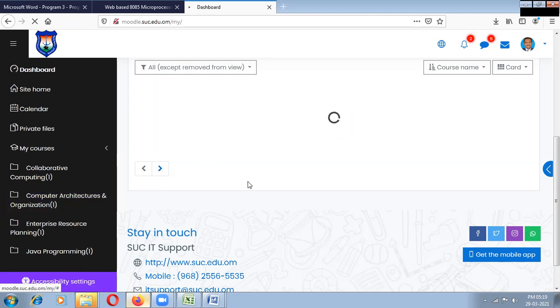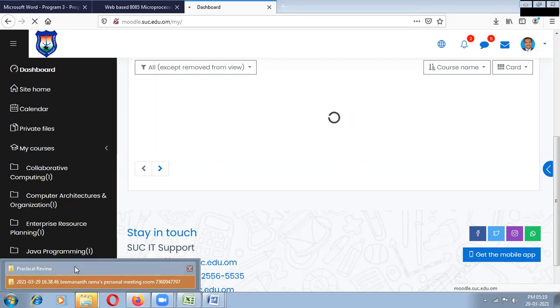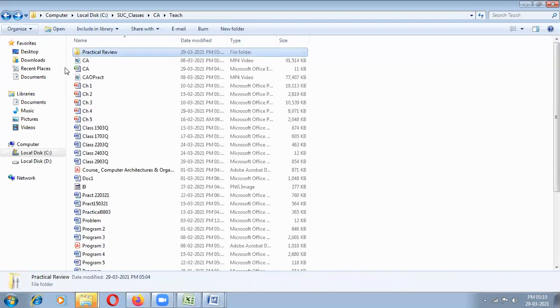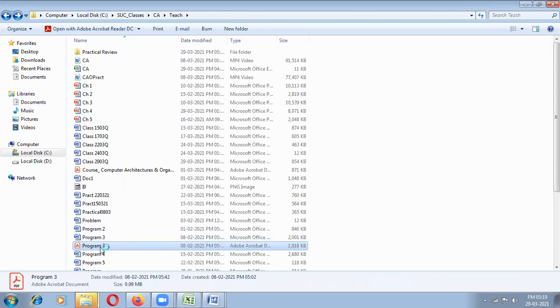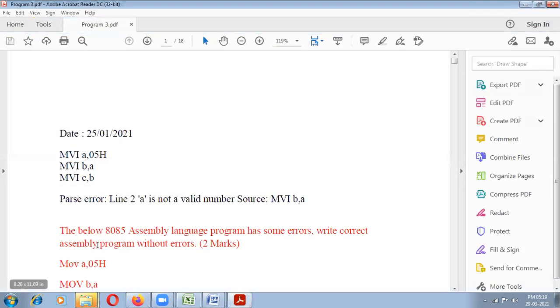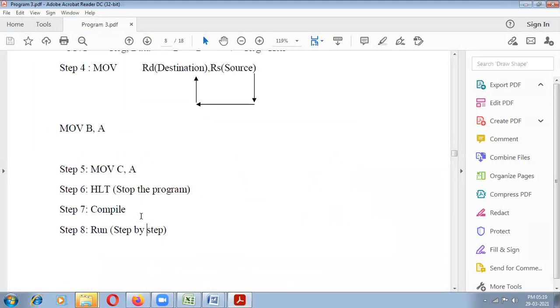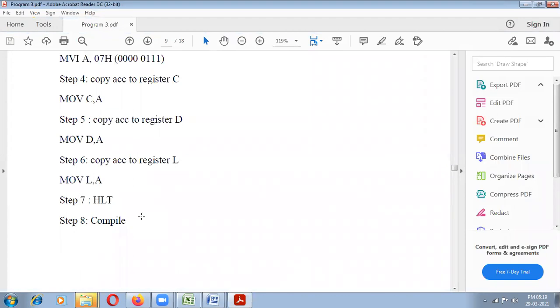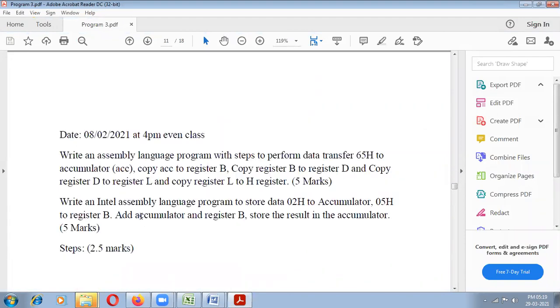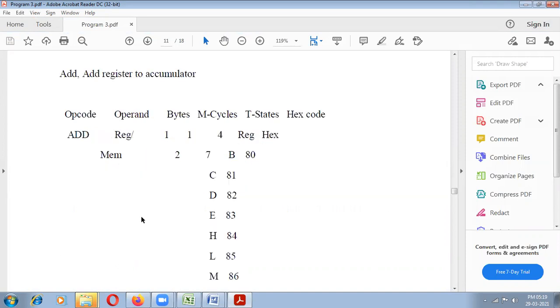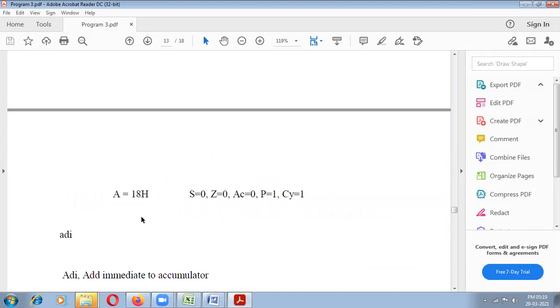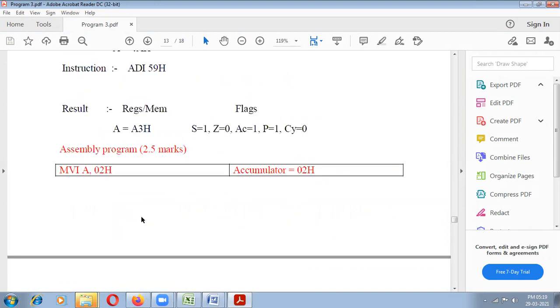It will come. Just a minute. I have all the practical programs with me. Program 1, 2, 3. If you want to check your Moodle page, everything available. Assembly language program, Intel assembly language program, step 1, step 2, all the descriptions.